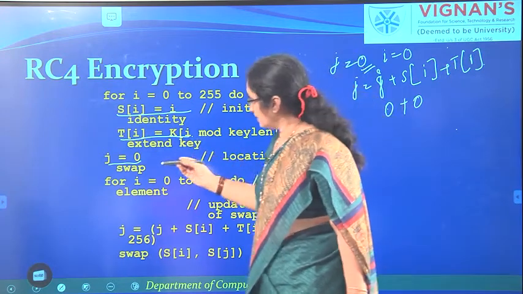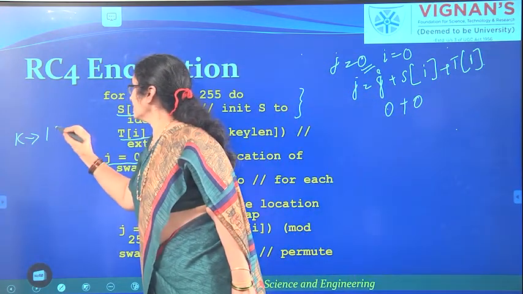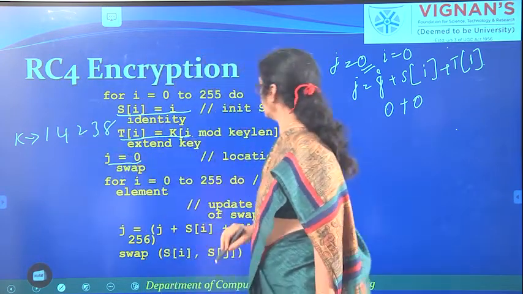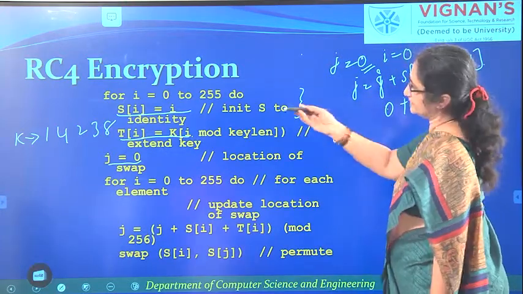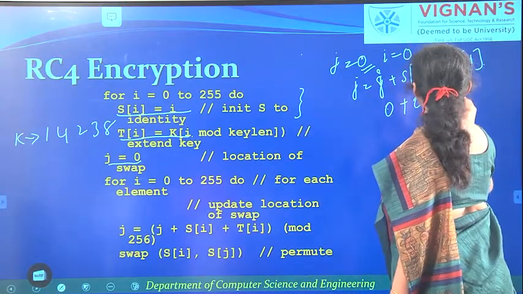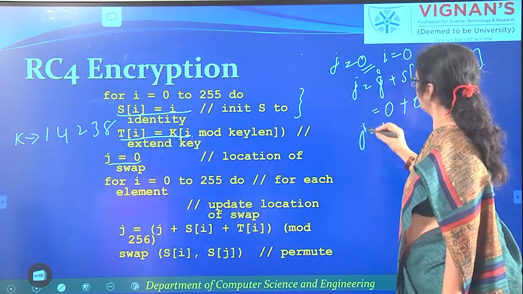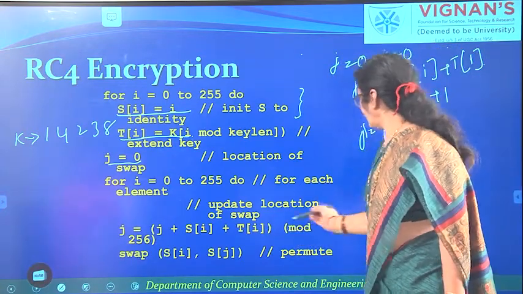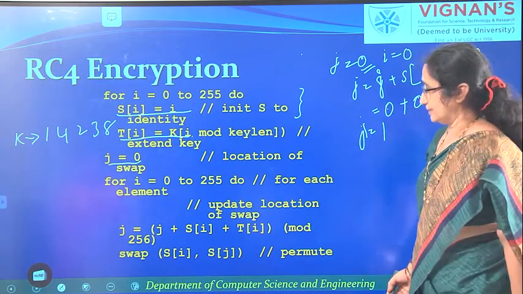Suppose you have taken the key as 1, 4, 2, 3, 8. So, T of 0 has 1. So, your j is 1 now. And you are performing mod 256. So, 1 mod 256 is 1.